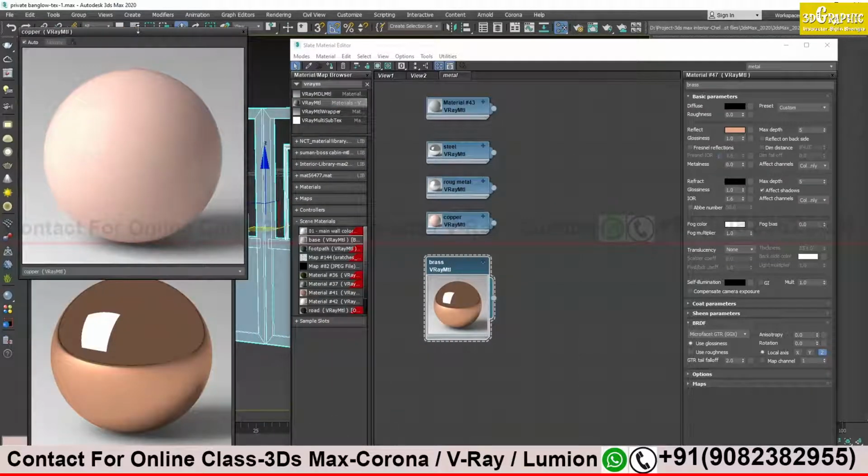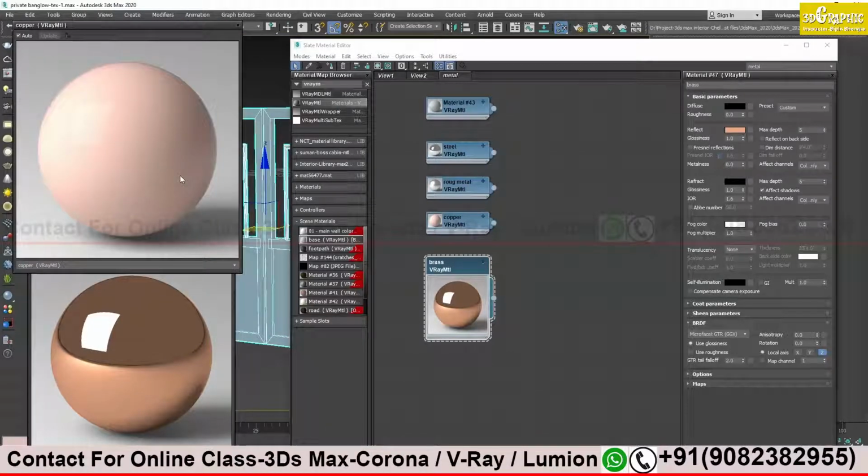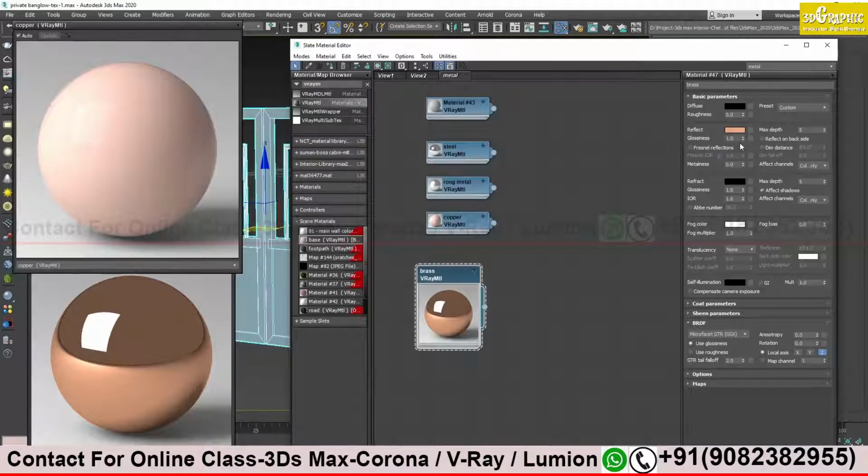You see the computer screen now. So this is as per what Viren has defined, the way of making metal, but this is what I usually do for my project. Everything will be the same as we have created this steel. IOR, I will not take IOR. I will turn off the Fresnel. And the color of this brass or copper or gold, I will take as per the reflection color. It should reflect this color only, as per the brass color.